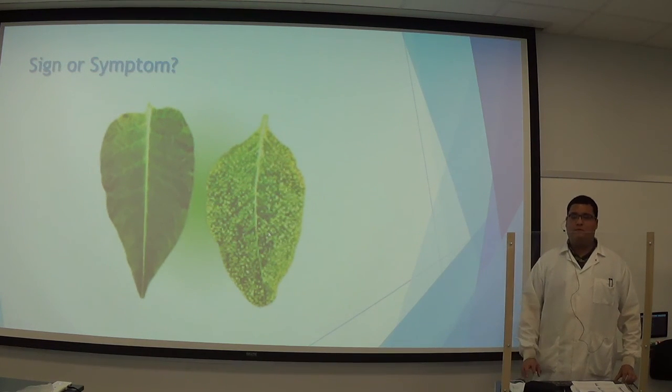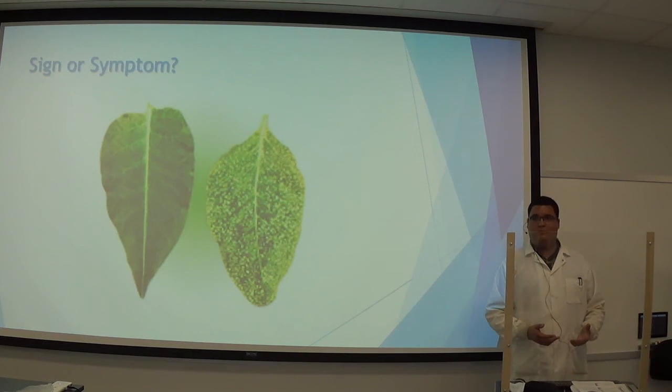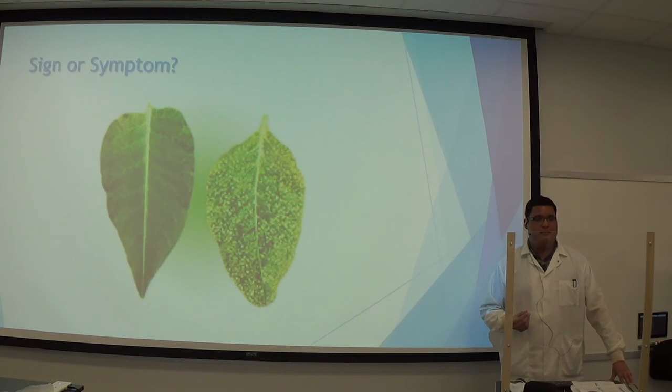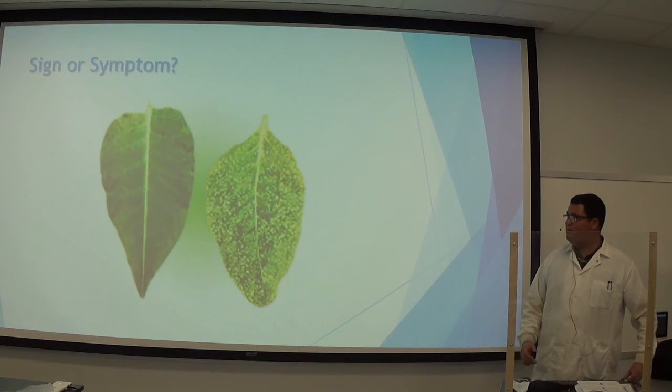With viruses, you never really see signs unless you're looking at the virus itself under an electron microscope, because viruses are so tiny. You can see vectors of the virus, vectors being what transport the virus from plant to plant. Those tend to be insects, but they're not always. However,